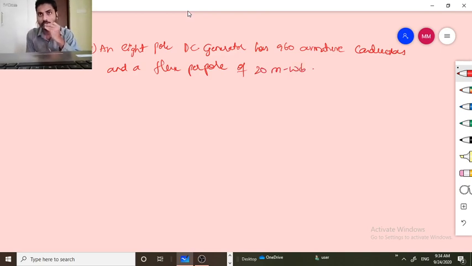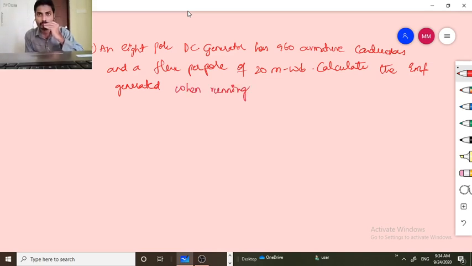You should calculate the EMF generated when running at 500 rpm,